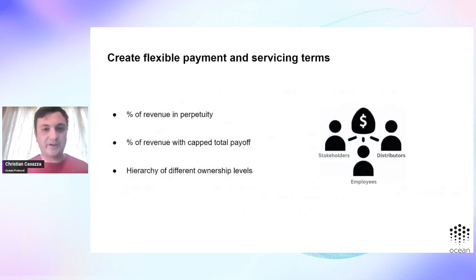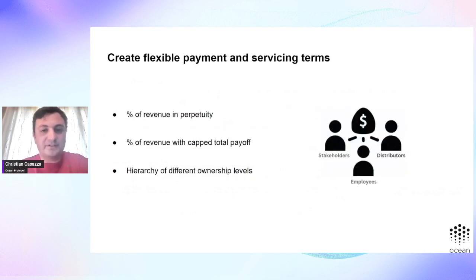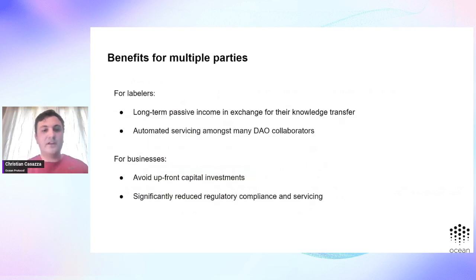You can also use smart contracts like wallets to really have a hierarchy of who gets paid different amounts. So this really helps the servicing terms because of crypto. And so this creates benefits for multiple parties, where data labelers are incentivized to do this, because now instead of having a one-time cost up front, they're getting passive income. They'll be able to take part in the downstream revenue of their work